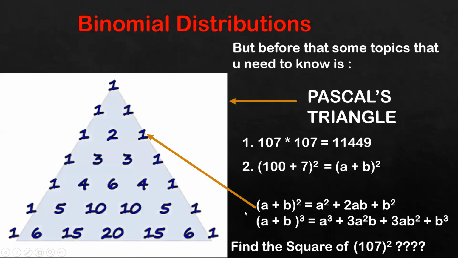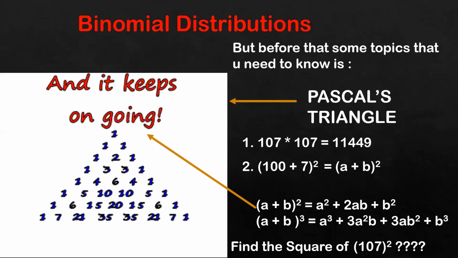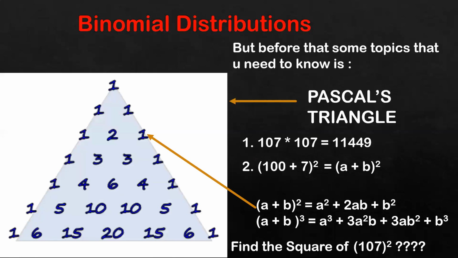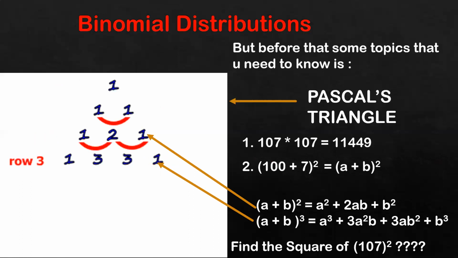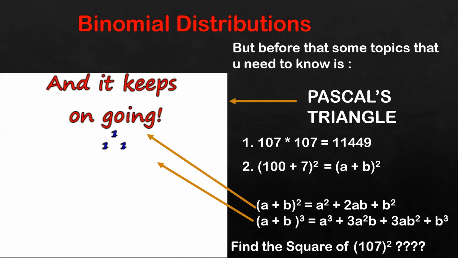Similarly, if I tell you to find out (a + b) the whole cube, what's the formula? a cube plus 3a square b plus 3ab square plus b cube. Again, the coefficients, as you can see, are nothing but the coefficients in Pascal's triangle. Have a look: 1, 3, 3, 1. So got it, class? Pascal's triangle can help you to find out the square, cube,